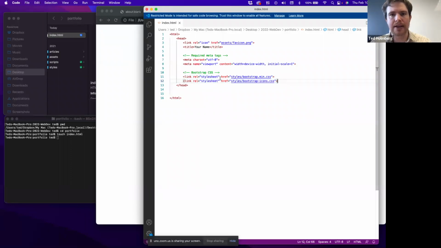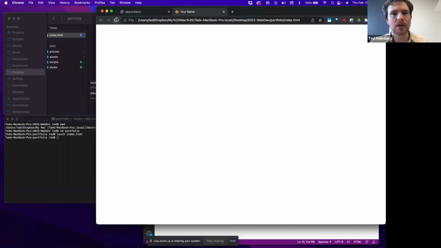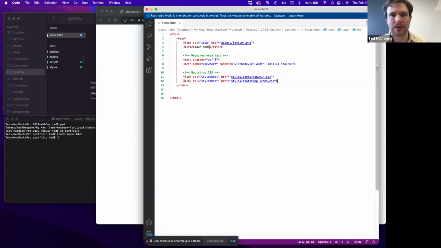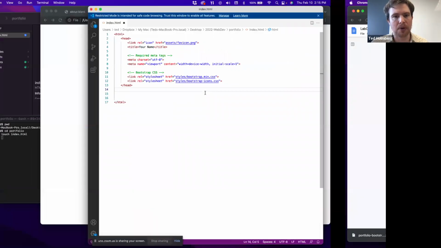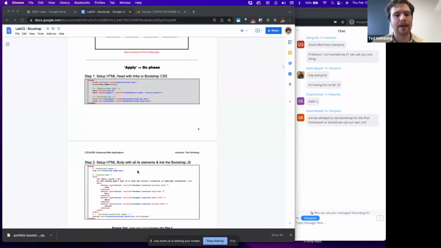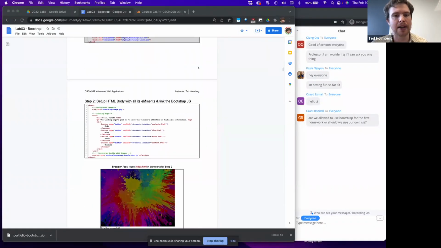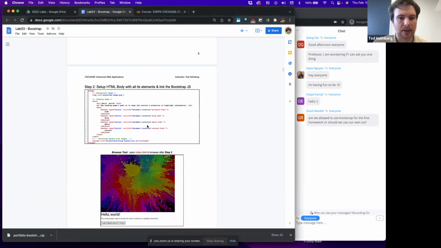So at this stage, if I go and refresh, I'll see I get that favicon, I get this your name, which is the title, which is of course right there. And then the rest of the stuff is just preloaded, but it's not doing anything yet. It's not part of the body. So now that we have that, let's go to step 2, where we actually set up our HTML body with all its elements and link our Bootstrap JS file. So we link our CSS files